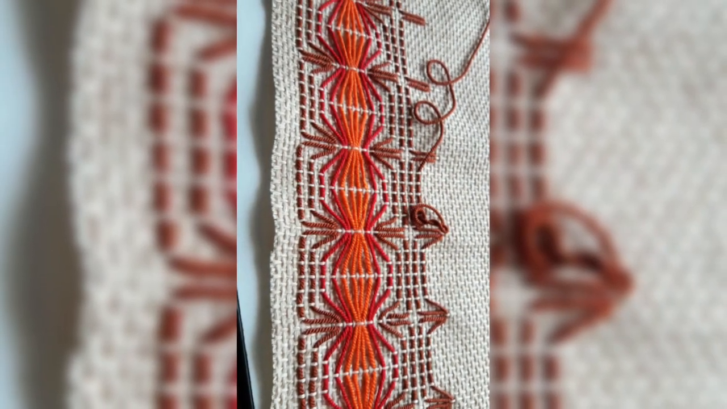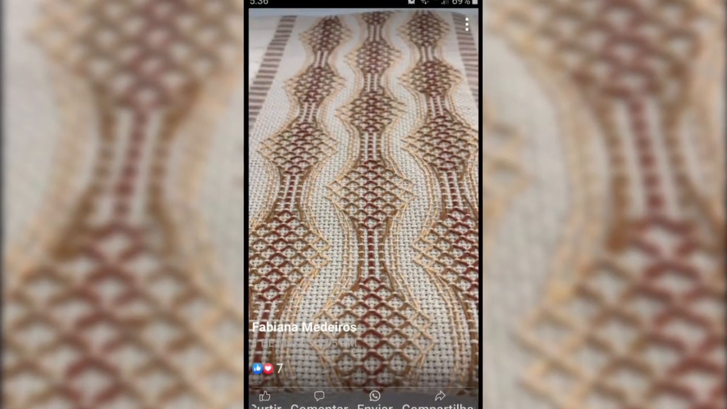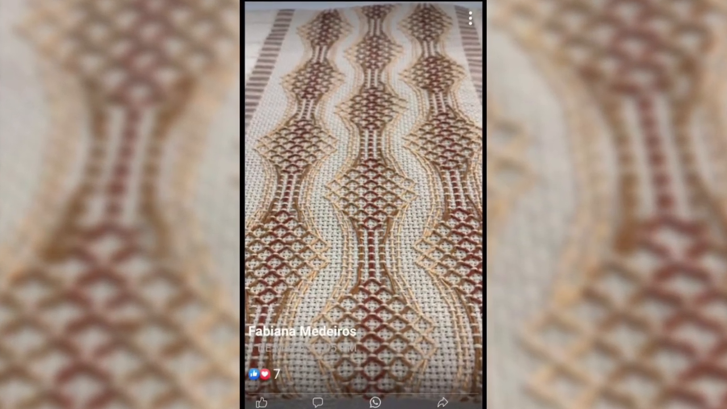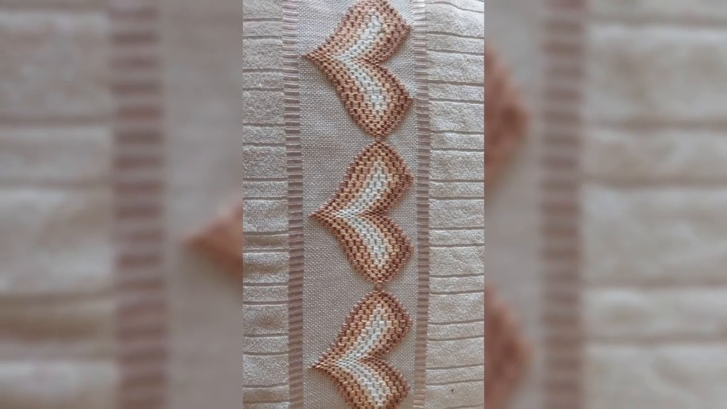Suggested beginner friendly projects are a bookmark, coasters, and an ornament. I suggested these types of design ideas because they are very beginner friendly and you can easily do them. And viewers, if you want to frame the design ideas, or if you want to do some more ideas like that,